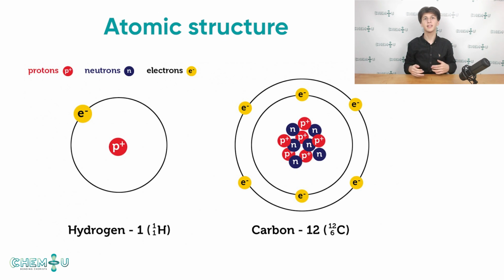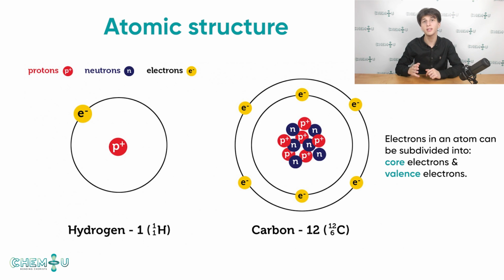Before discussing it in detail, it is reasonable to refresh some basic knowledge about the atomic structure. As you know, the electrons in an atom can be divided into two subgroups: the core electrons and valence electrons. The core electrons are located closer to the nucleus and thus are held quite strongly. In contrast, the valence electrons are located much farther from the nucleus and, according to previously discussed Coulomb's law, are